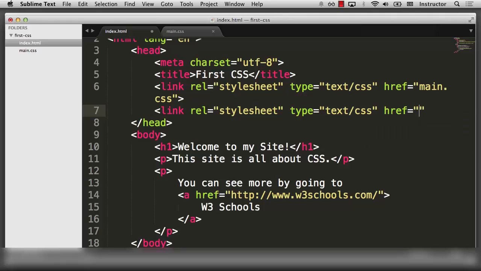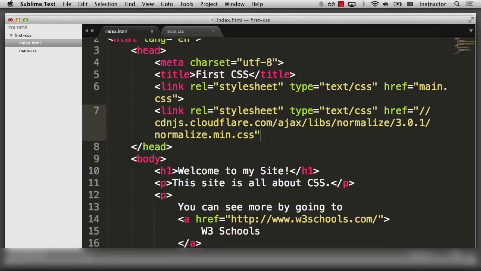Here I'll paste in the URL, and then I'll end my link tag. It's important to note that the reason that they don't pass HTTP or HTTPS is that the browser will default to figuring out which protocol your site is using. In this case, because we're on the file protocol, which we can see by looking at the URL in our page,